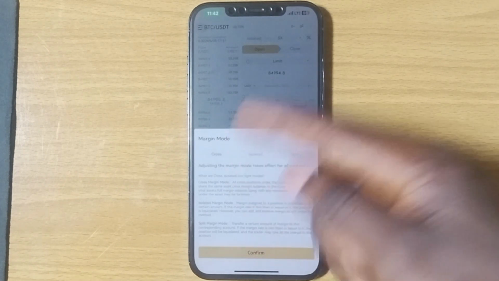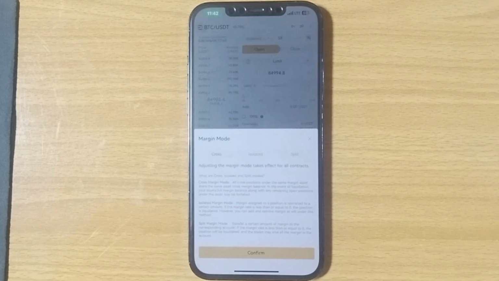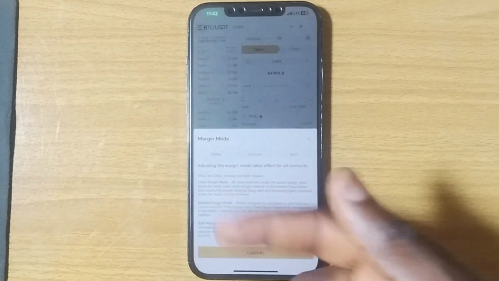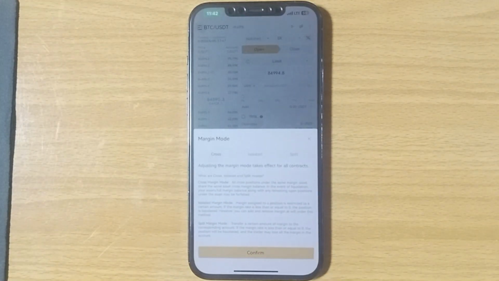But what is cross margin? For example, you have 1000 USDT in your trading wallet on SuperEx and you eventually choose cross, and you predict that the market is going upward but the market is going downward, and when it's going downward, against your prediction, you are losing money. Now instead of the system liquidating you or sending you out of the market